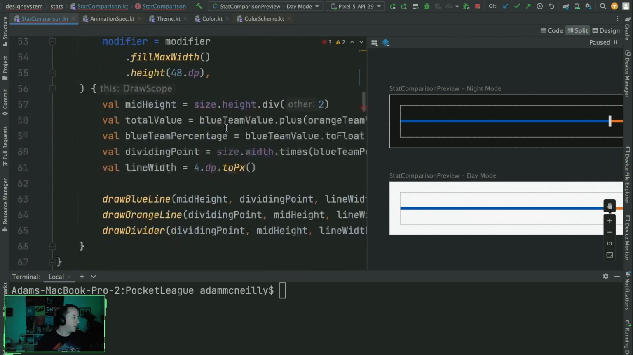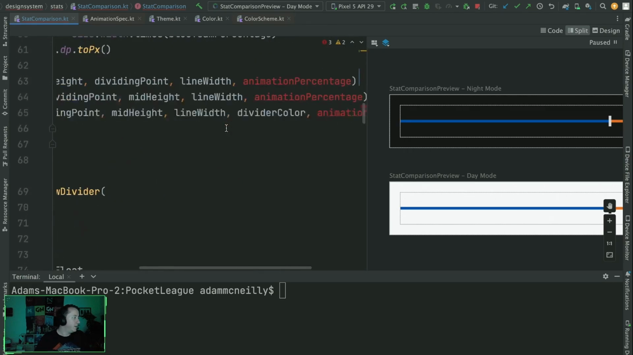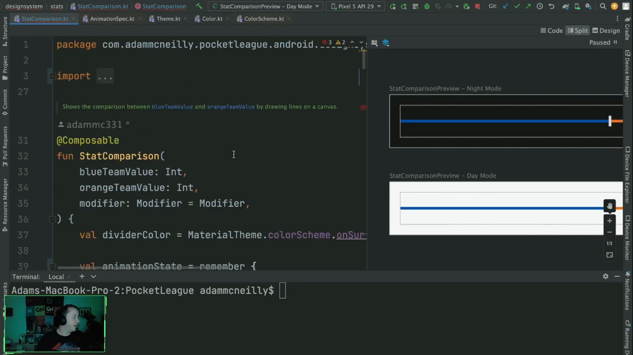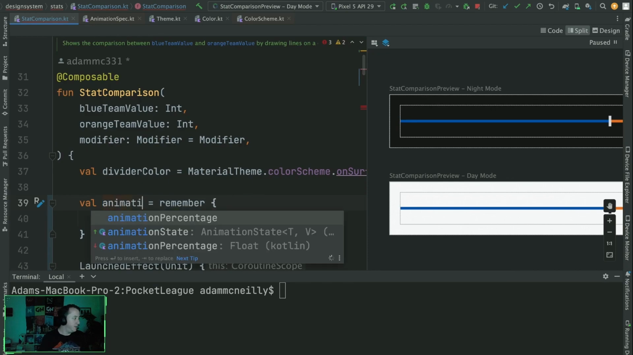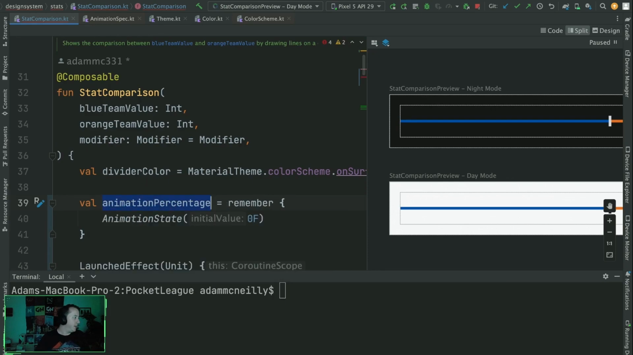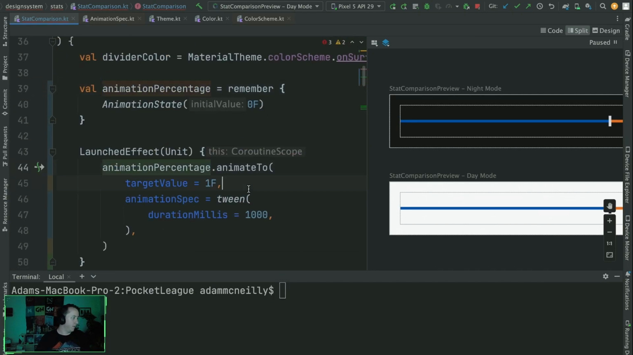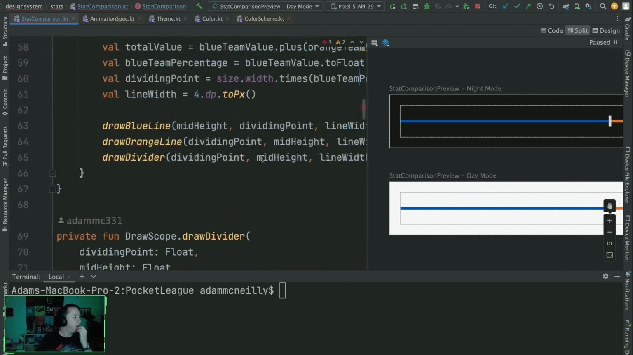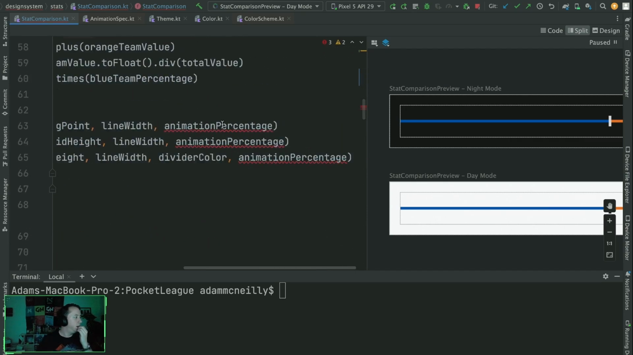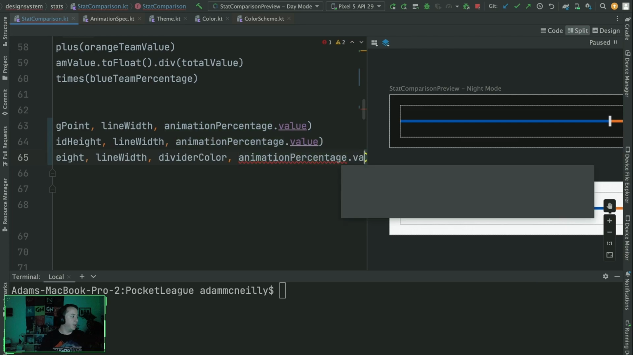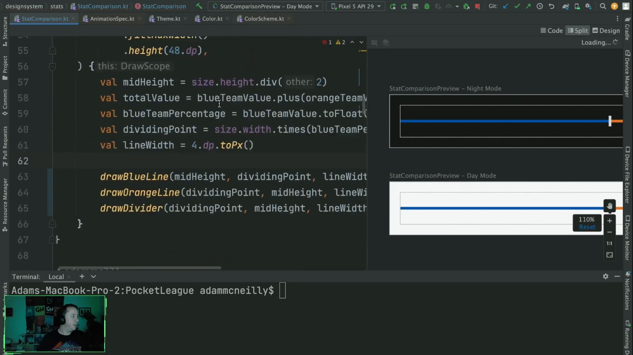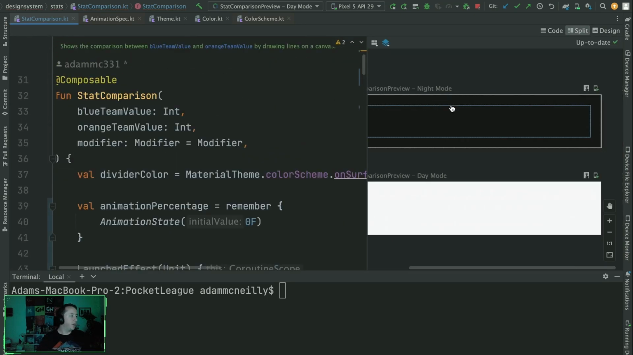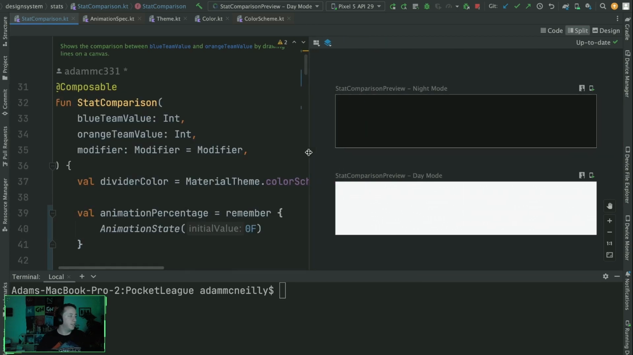Let's figure out why this is. Oh, because it's not called animation percentage. So let me just do that. This is this animation state, so we need to call dot value here, basically. Okay, and now we can see in our preview that yes, this is now empty because it's technically starting at